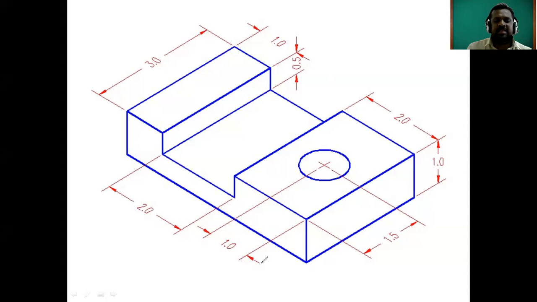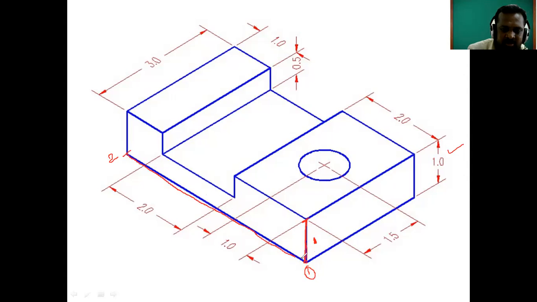Now see here, this isometric figure we have to draw in AutoCAD. Suppose to draw this figure, I have started from this point. See, this is point number 1. Now see, what is the length, or the distance, of this line? Yes, they have given the length of this line as 1 mm. See here, on this side they have given 1 mm, which means we can easily draw this vertical line. Then from this point to this point, suppose this is point number 2, we can easily draw this horizontal line.